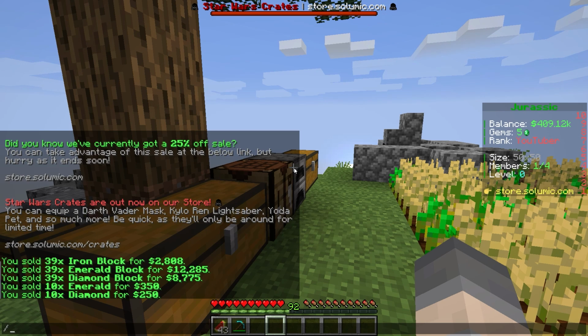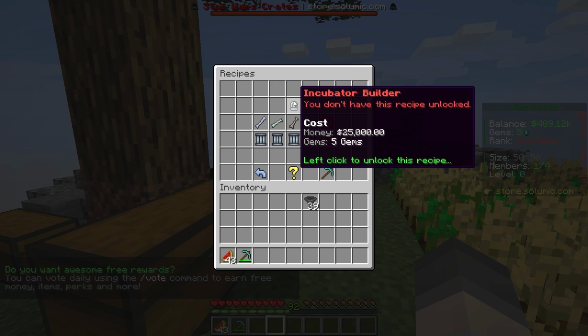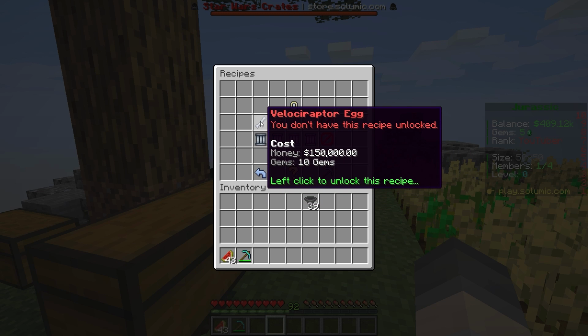Right, so if we look at the dinosaur menu, you'll see that we also need something called gems. We need 10 gems for the egg, 5 for the incubator, and another 15 for the enclosure. So obviously we just need the egg and the incubator first. The enclosure can wait, but we are going to need...